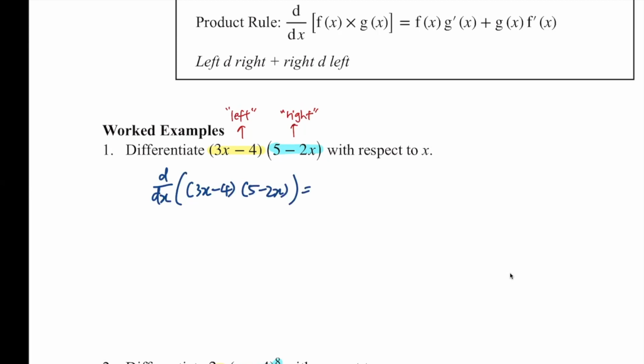So you copy down the left. This is my left. And then when I say left d right, I actually mean left times differentiate my right. So that's what d right actually means. Differentiate my right side. So you look at your entire right side now. When you differentiate it, you are going to get -2. The 5 differentiate, you get 0. So I've just finished my left d right. Then plus